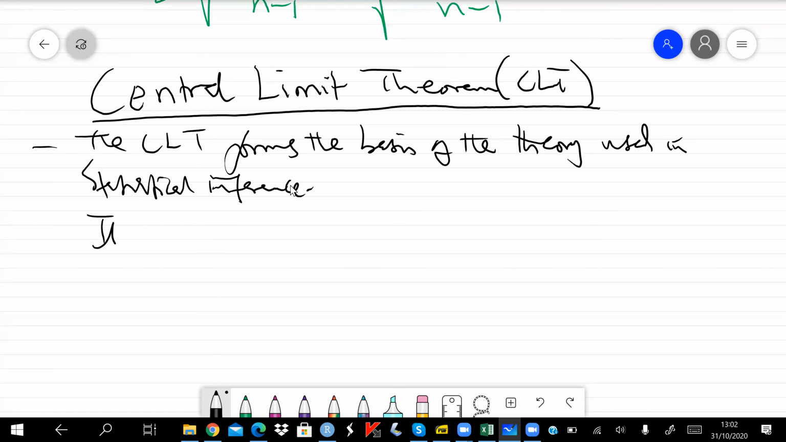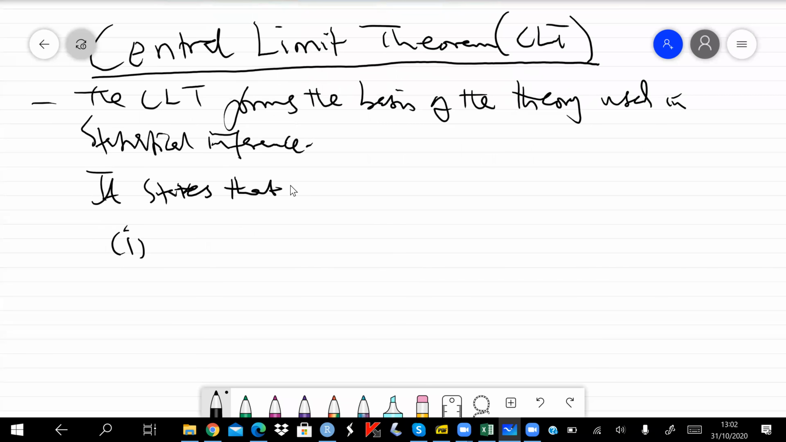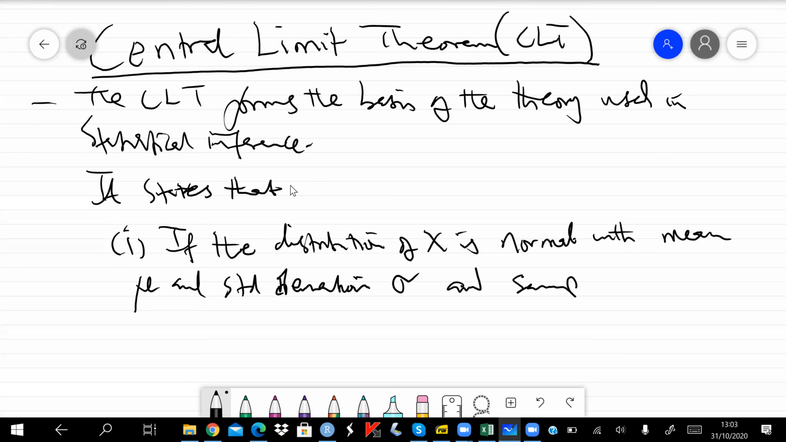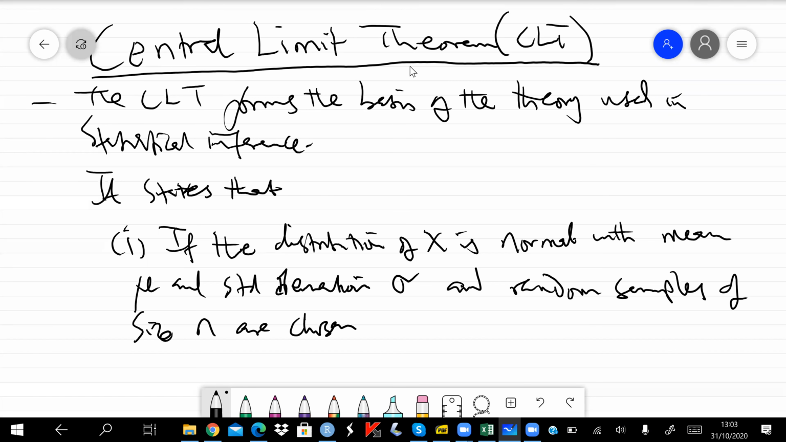It states that there are two parts. Number one, if the distribution of X is normal, remember X corresponds to our population information, that means if your population is normal, with mean equal to mu and standard deviation equal to sigma, and random samples of size n are chosen from this distribution,